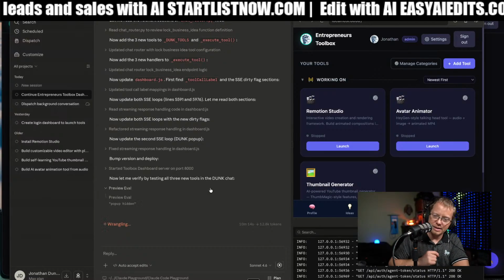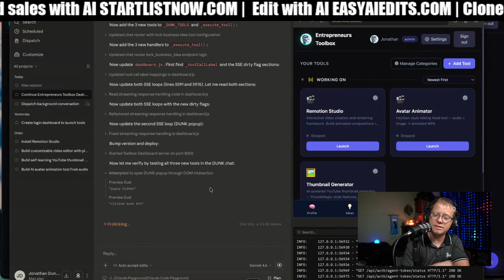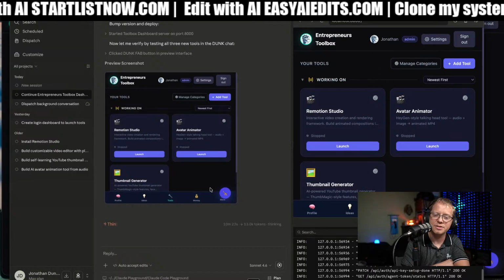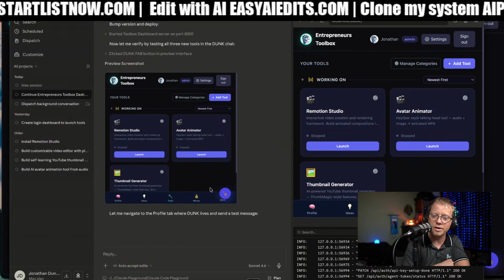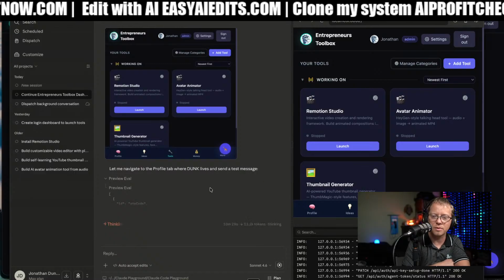So an AI agent that can control, you basically launch this panel and it gives you access to an AI agent that will run this terminal. That's kind of what I'm trying to do.